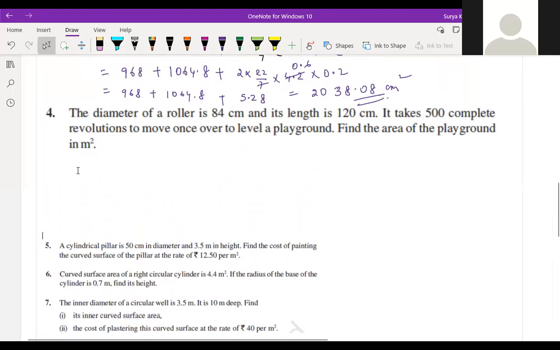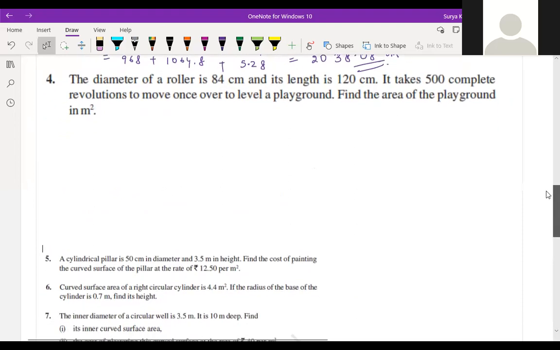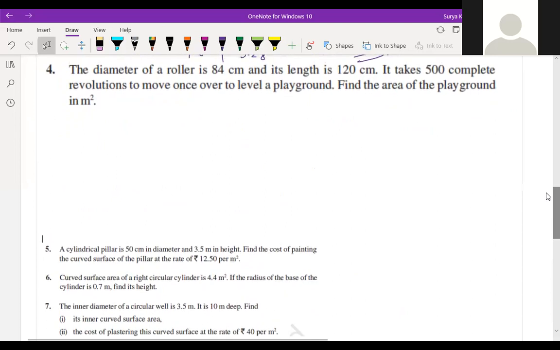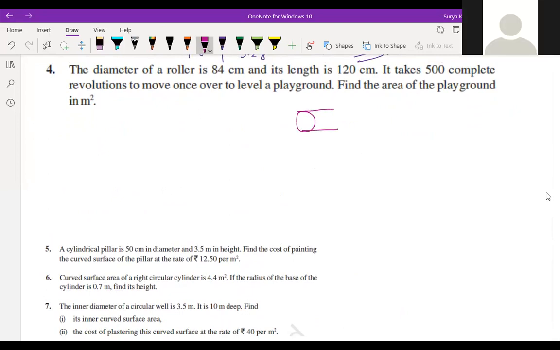See, if you understand what a roller is, you have seen the roller on the road, which just makes the level on the road, right? Gravels and everything, it rolls over them. You have seen the roller, children. So the roller will look like this pattern. It keeps rounding on the road and makes the surface smooth. So here a drum-like thing will come here, and here also a drum, and this will roll on the road, correct?